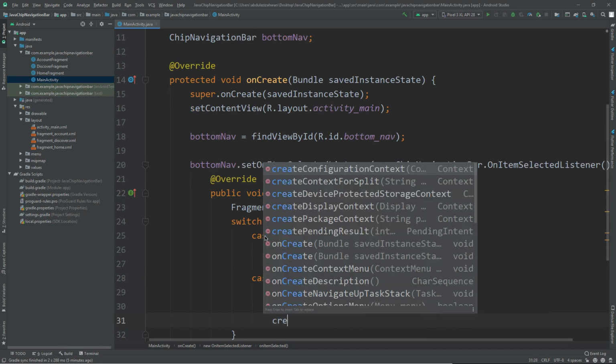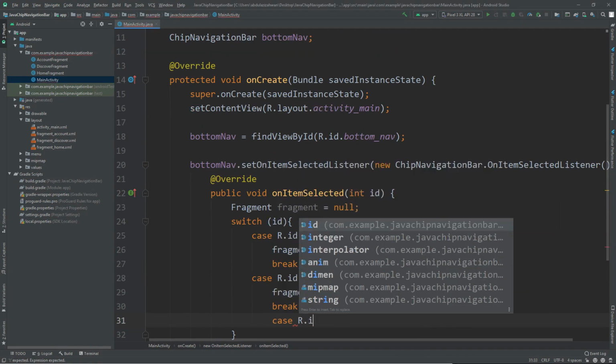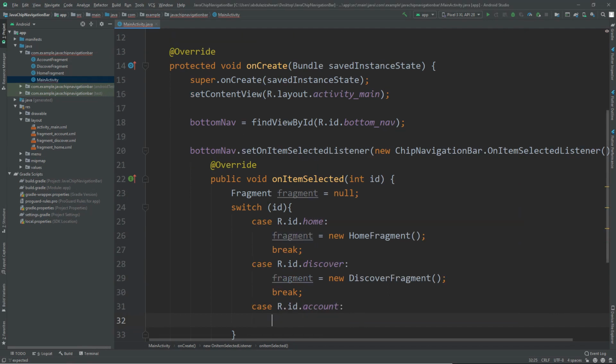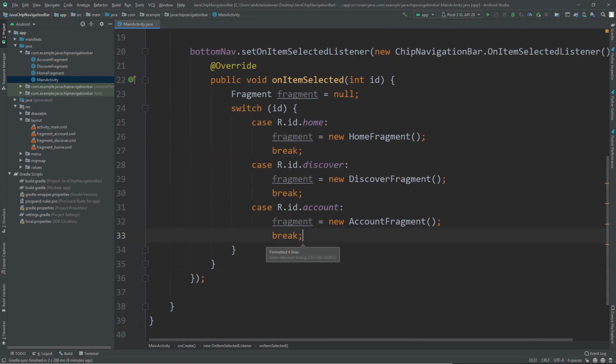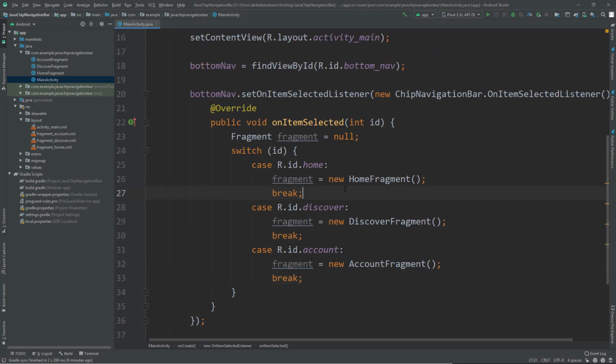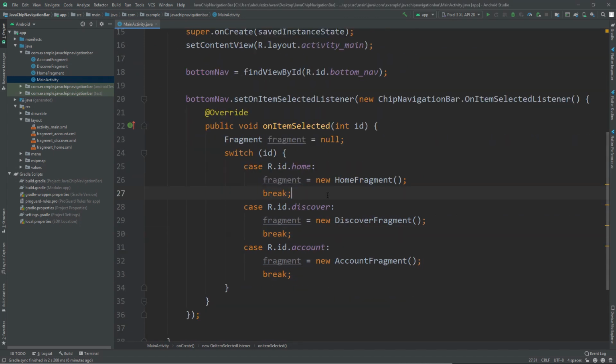And again for the case is account, we set our fragment to be AccountFragment, as simple as that. As many as your items in your chip navigation view, because in this application I just have 3 menus: home, discover, and account. So I just call 3 menus here.